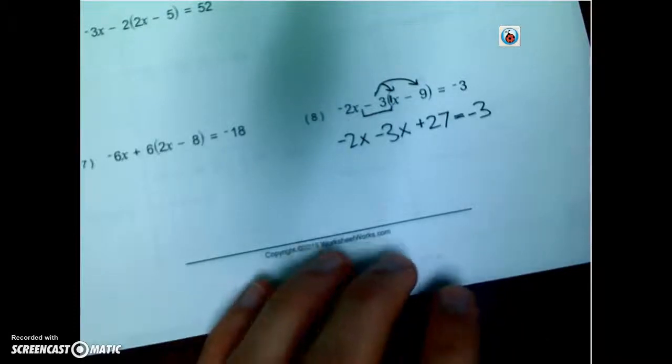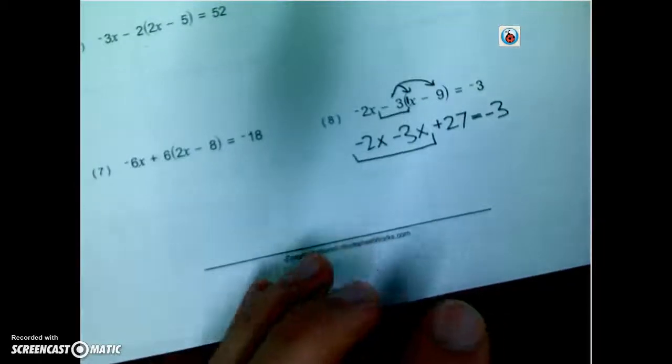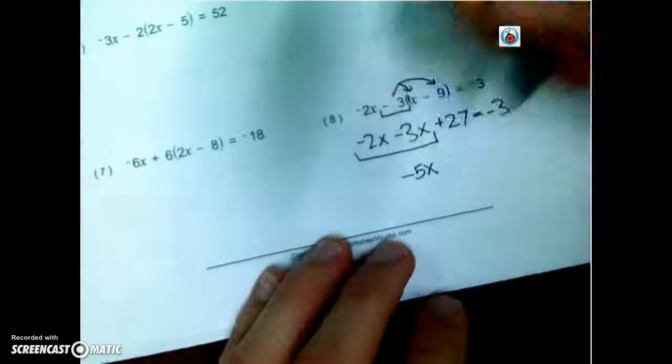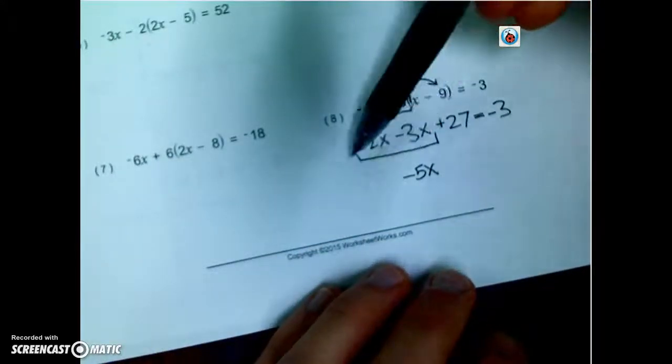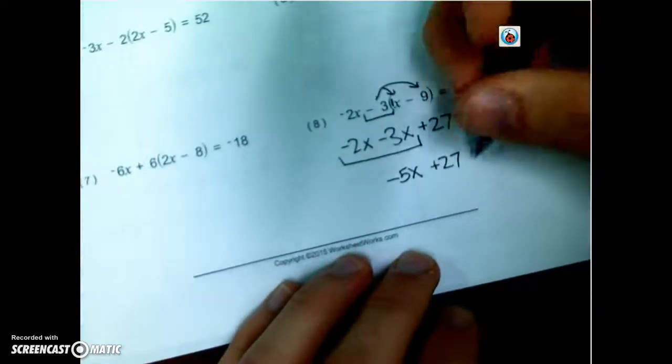Okay? Now we have some like terms to combine. I can combine negative 2x and negative 3x. Since they're on the same side of the equation, I will combine them, put them together. You have a negative 5x, since negative 2 and negative 3 make negative 5. Then once we do that,